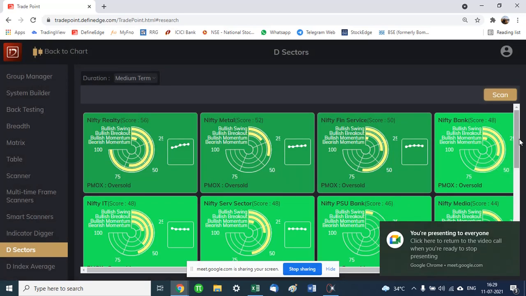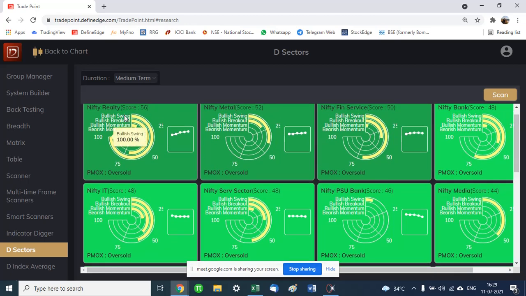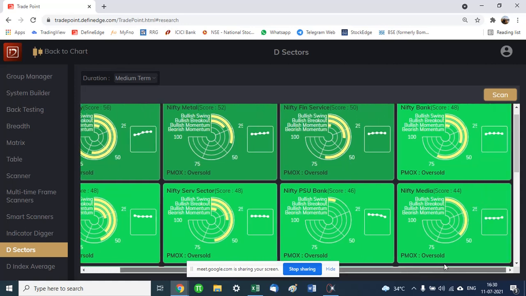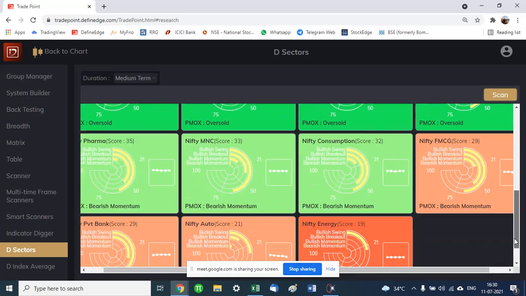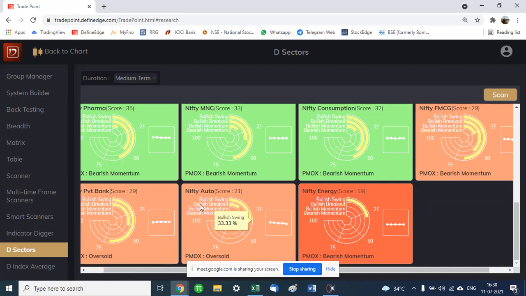Yeah, here we are. So we can find here Realty, it is showing very bullish. You can see this chart is in fact indicating how this sector has been behaving over a period of time. This is showing an upward trend, means it's bullish. Metal index we have already seen is bullish. Financial services index is also bullish, but kind of tapering off also. So it is having bullishness, but not showing as much strength as it should. Similarly, Bank Nifty and all these other sectors are there. If you want to look at the weak sectors, we scroll below, we'll see these sectors in red: energy, auto, FMCG. So these are the weak sectors.